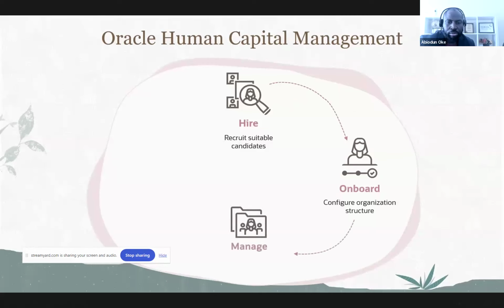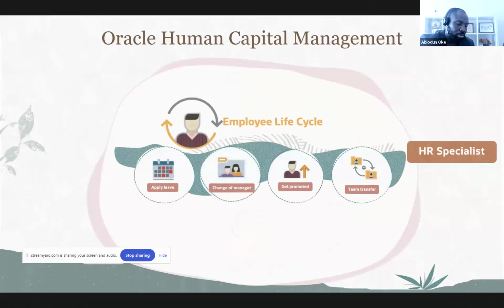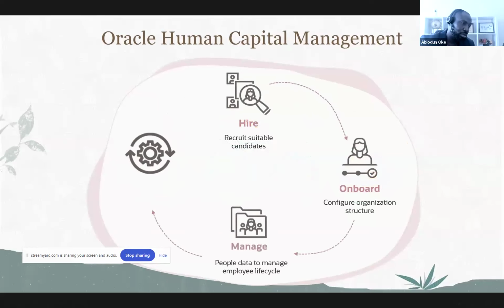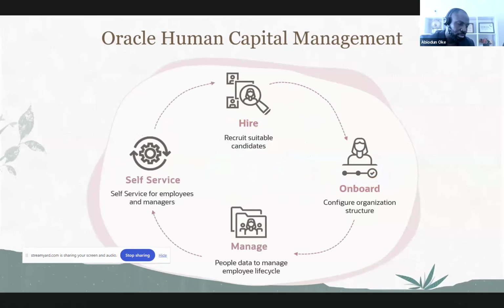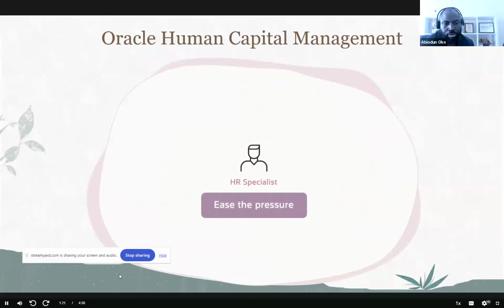People data is a staple element of HCM. Therefore, as part of this product, HR specialists can manage everything from the employee lifecycle, including promotions, transfers, general assignment changes, and terminations. A robust self-service offering allows employees and managers to take ownership and responsibility for the data pertaining to themselves and their teams. By removing simple data processing from the HR specialists, it not only eases the pressure on